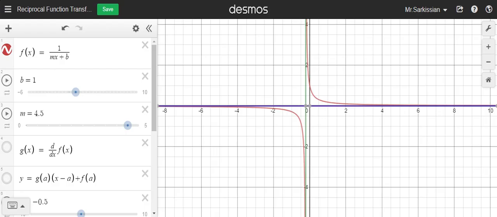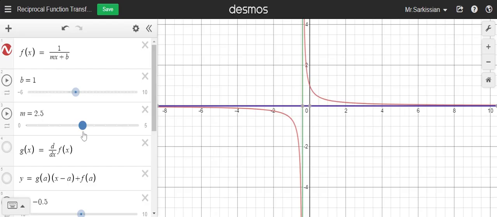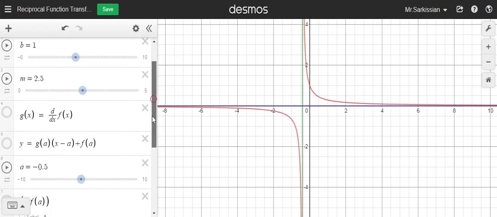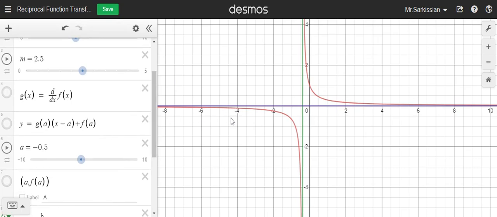Now, if the value of m is positive, like 4.5 here, or like 3.5 or whatever, the left branch of this reciprocal linear function has a negative decreasing slope, and the right branch has a negative increasing slope. Now, what does that mean? I'm going to explain. So let's have a look at this left